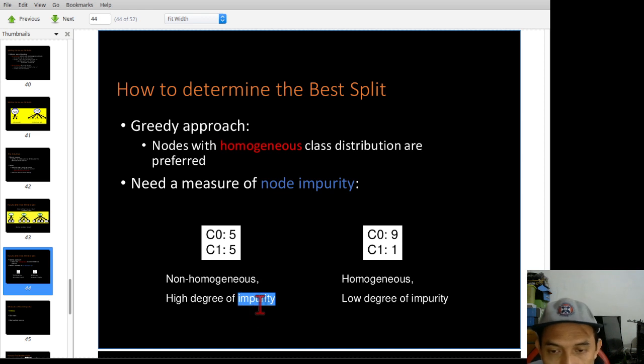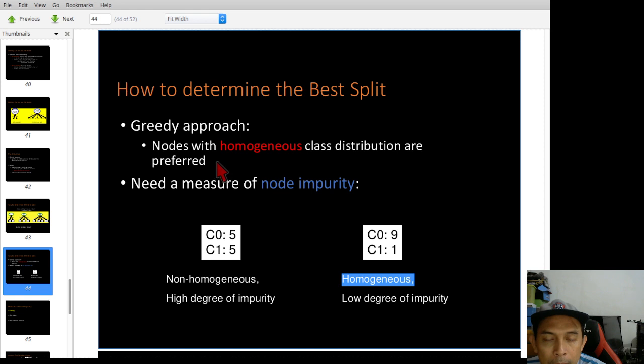That means it is not pure. But if it is obvious, one group has 9 and the other group is only 1, then we call it homogeneous. That impurity is very low. So of these, we prefer the second one on the right side, which is the homogeneous one, because the impurity degree is very low.